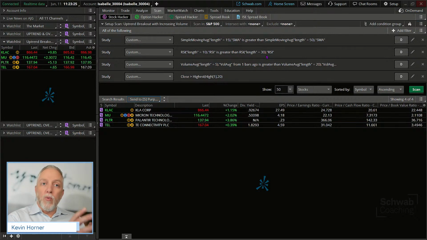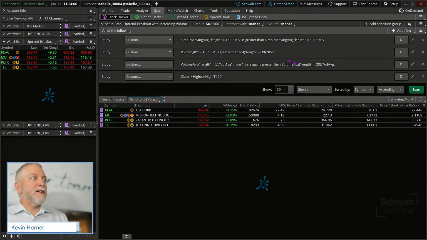So we are seeing relative strength within the trend of the stock itself, not the rest of the market, that is better in the short term versus the extended term. So the last 2-week RSI better than the last 6-week RSI. Additionally, we are asking for average volume of the last 5 trading sessions to be greater than the average volume of the last 20 trading sessions. Same thought process as it relates to the RSI and the moving averages, right? We want to see short-term improvement better than the longer term.